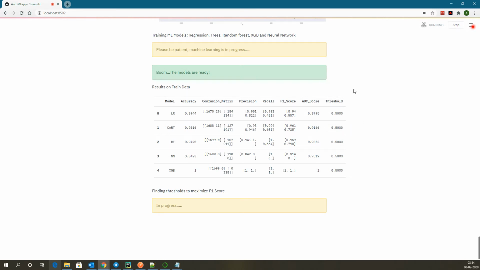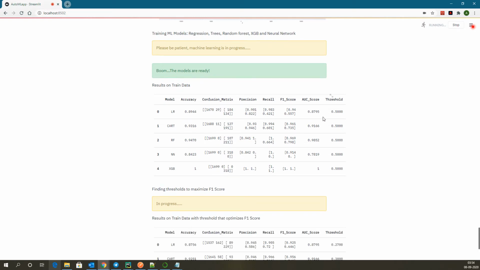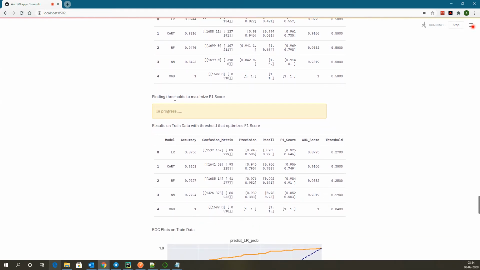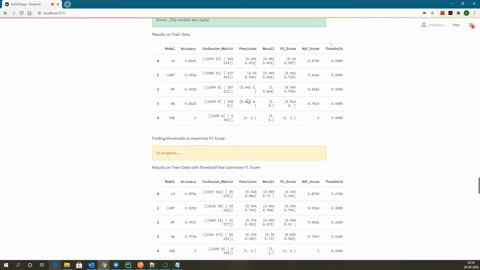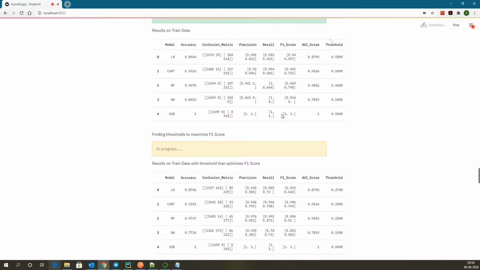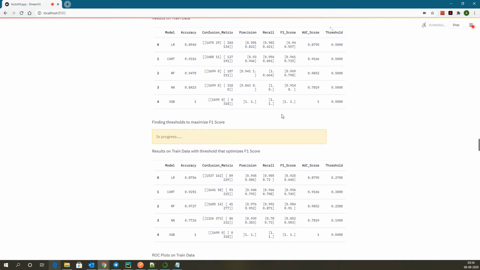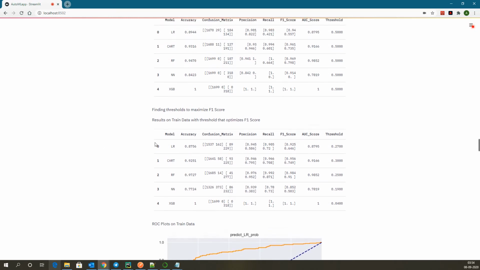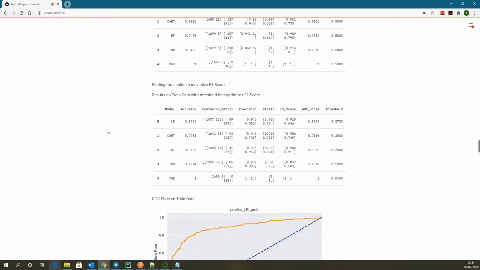With a continuous target feature, these performance metrics would change. I'm also identifying a threshold that would optimize my F1 score. Most of the time we have seen that classification problems usually have imbalanced data sets, and just accuracy may not be sufficient. So F1 score or the AUC score are the more reliable scores that one should go after.